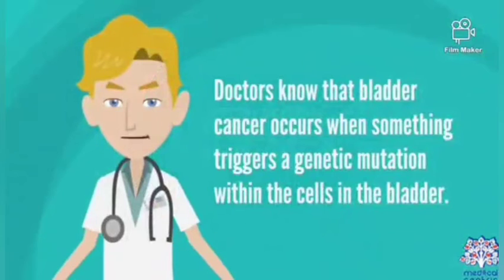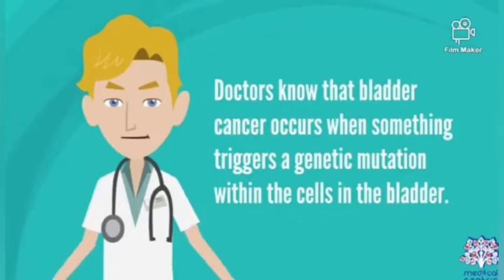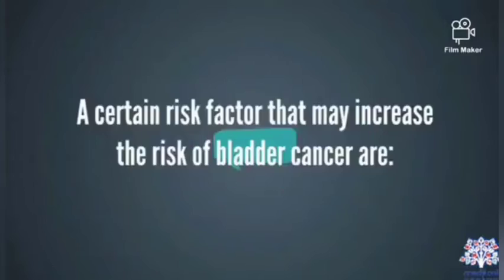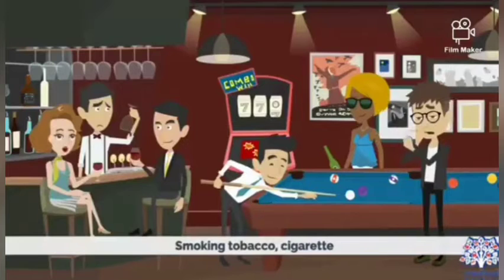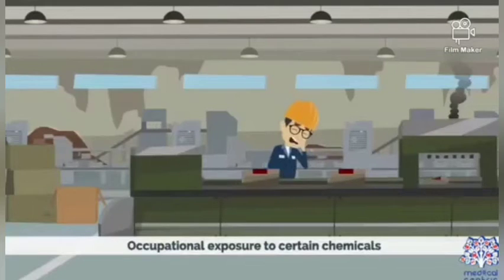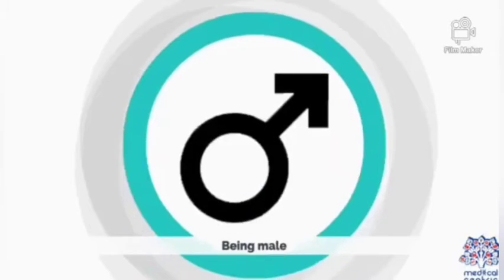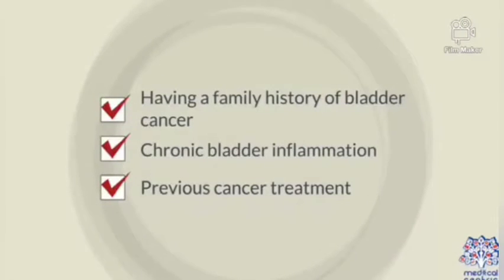Causes. Doctors know that bladder cancer occurs when something triggers a genetic mutation within the cells in the bladder. This causes normal cells in the bladder to become abnormal, multiply rapidly, and continue to accumulate, forming a tumor or mass. Certain risk factors that may increase the risk of bladder cancer are smoking tobacco and cigarettes, occupational exposure to certain chemicals, increasing age, being male, having a family history of bladder cancer, chronic bladder inflammation, and previous cancer